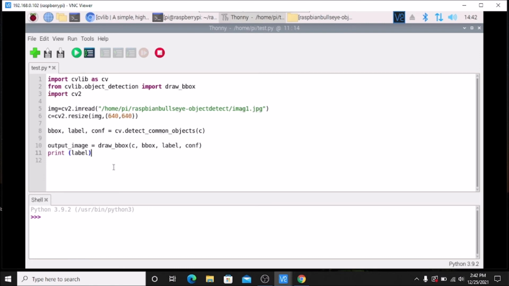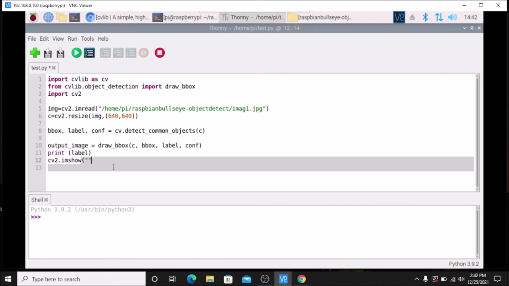That's it. Now we need to simply show the image. For that we mention cv2.imshow, and inside it the image, as we always do. Then here we mention the output image, because this output image is our final image.